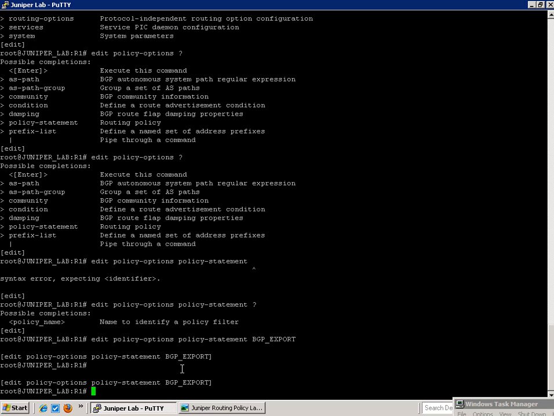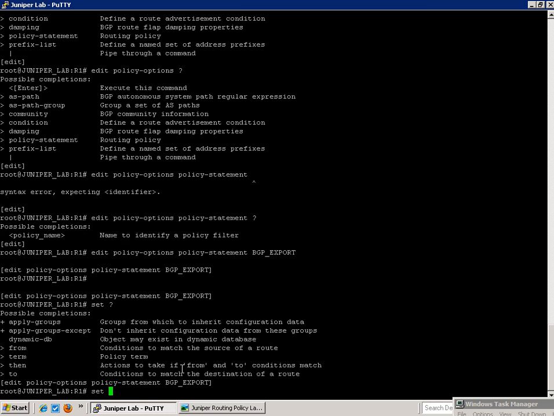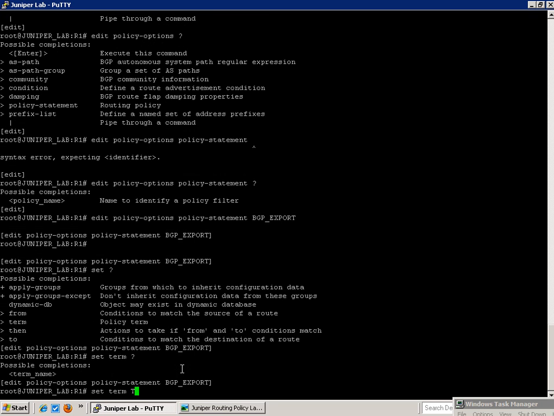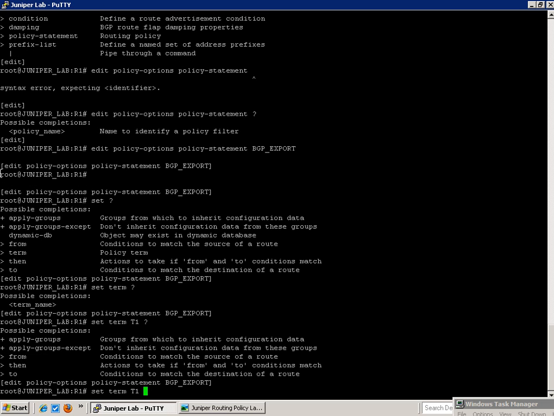So let's go ahead and create our first term. We're going to do this with the set command. So we'll do the command set term, and then we're just going to name it T1 for term 1. And in this term 1, we're going to have to match something, and then we're also going to have an action once we have matched